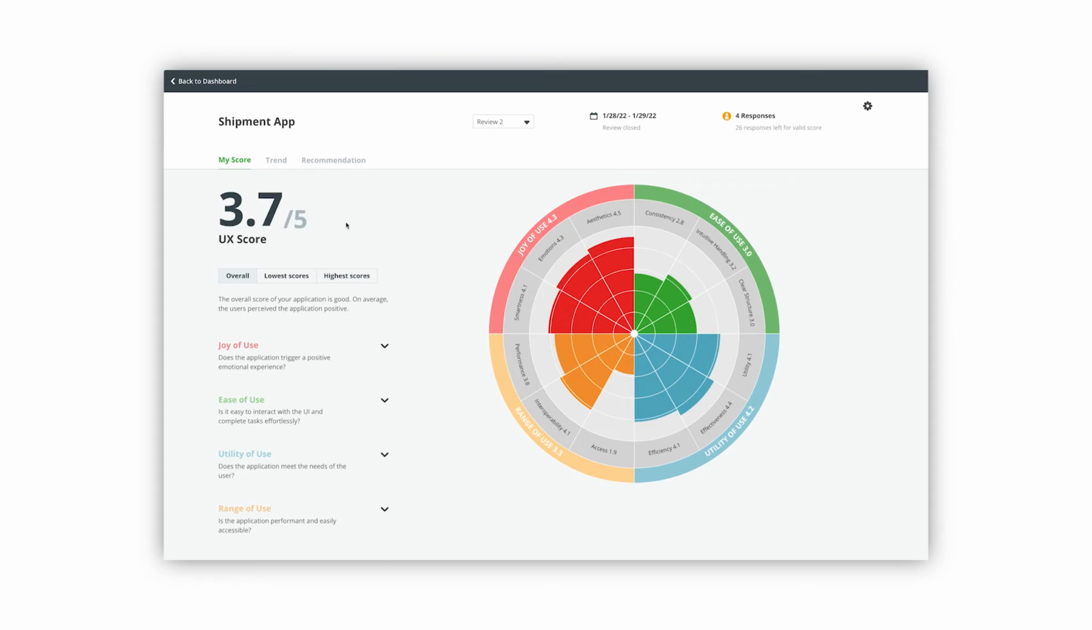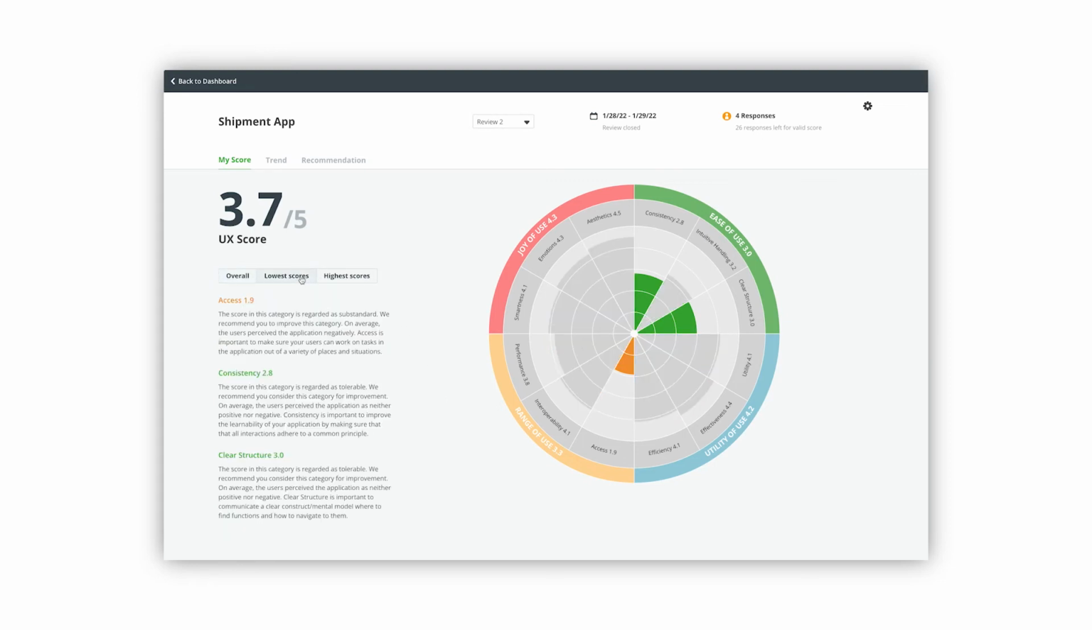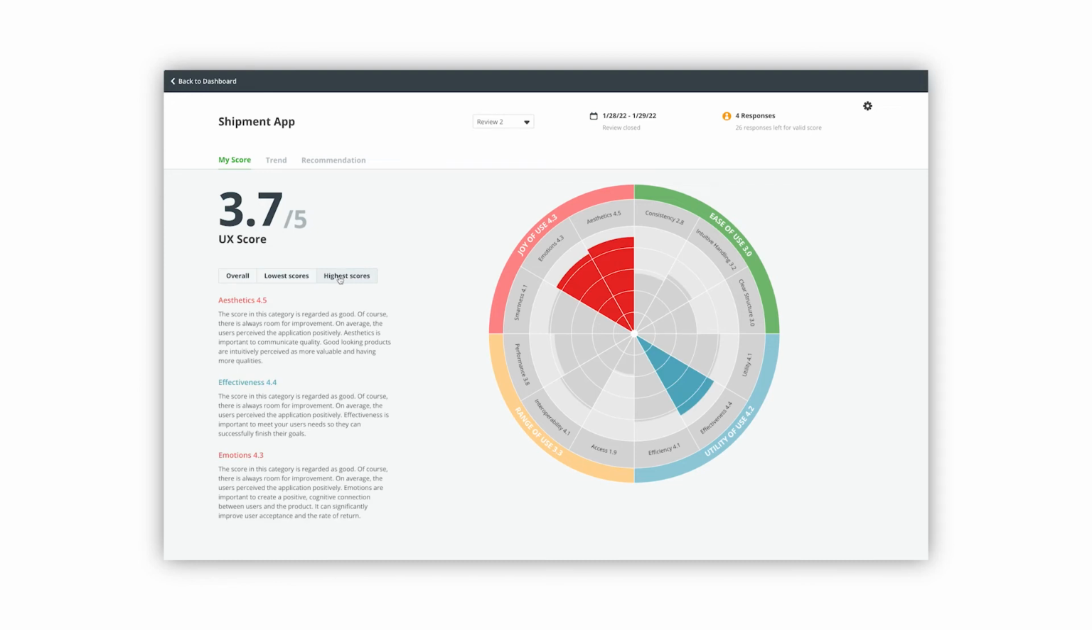The initial screen visualizes survey results in a spider diagram, from the overall score to the detailed results of each category and subcategory. With this visualization, you can quickly compare the areas of user experience and identify the current weaknesses of the application. The results can be filtered by the lowest and the highest scores and are supplemented by textual